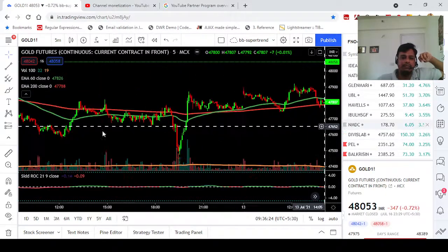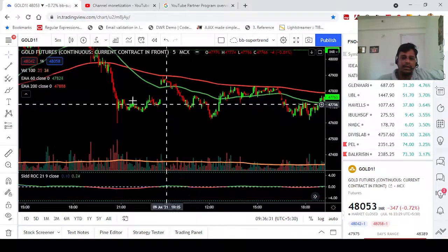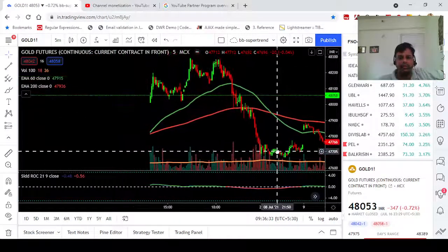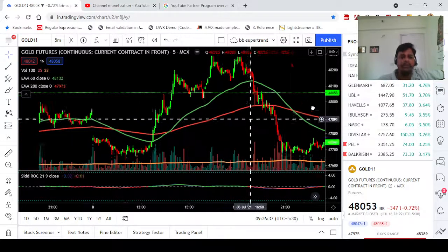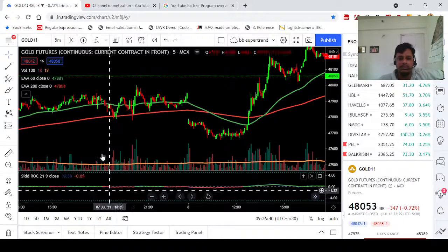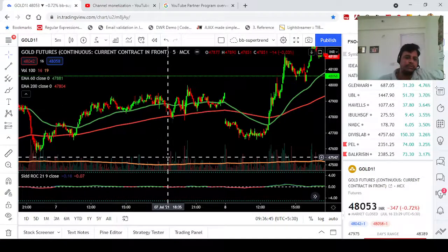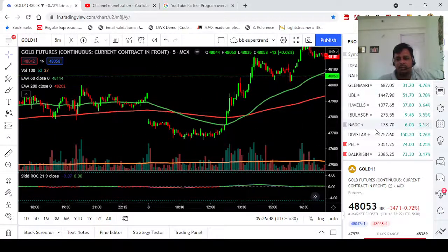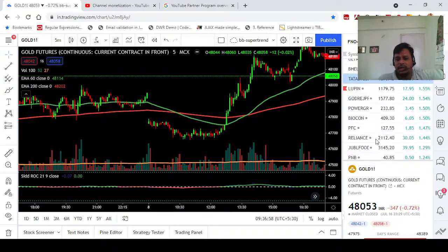So again, your eye should be trained multiple times before coming to a conclusion. And this will happen when you practice this. You see that near the 200 moving average it is taking support, and the 50 moving average too. So you see how things are happening near the 50 and 200 moving average, because in those areas pullbacks are happening, and on those pullbacks how the support and resistance are working, that you have to track properly.